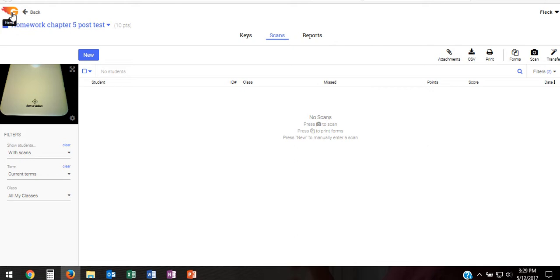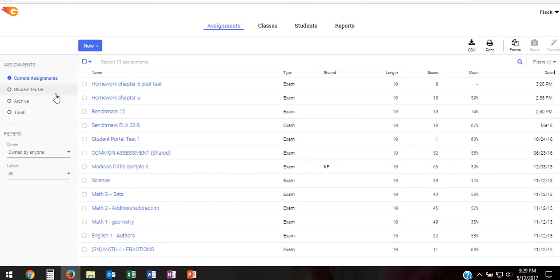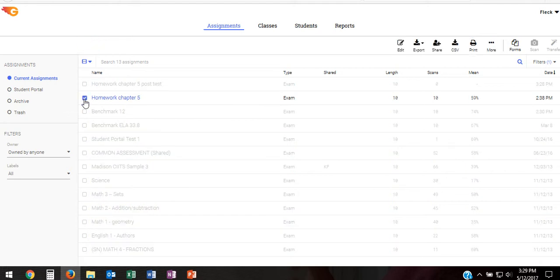If I go back home, and again, the big orange G always takes me home. Here's the cloned assignment that we just created. There'll be other opportunities or other reasons for you to be able to do that. Okay, we're working across that top row. So the checkbox,